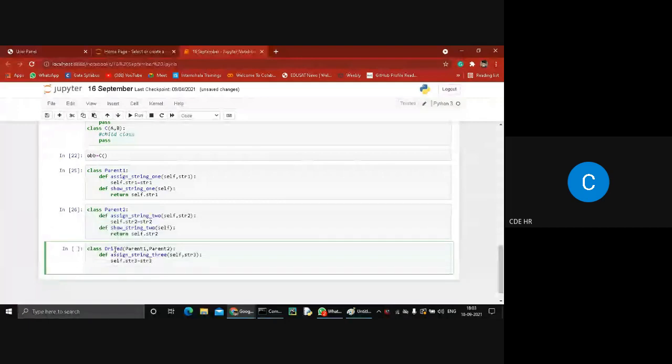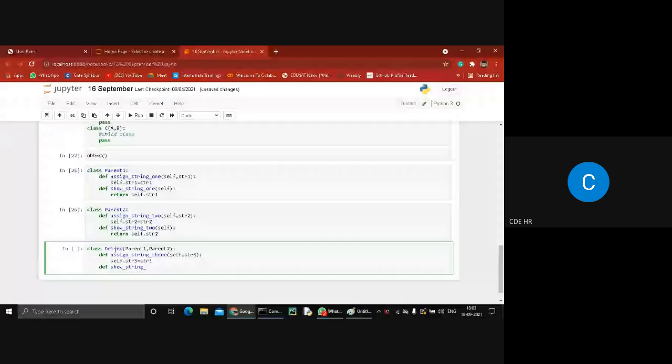And again we create another function, show string, which returns self.str3. So now we have to create an object of this class.